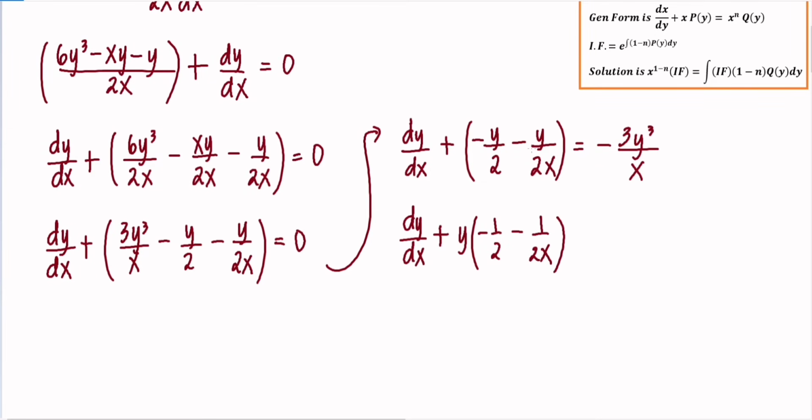Obviously the y in the numerator disappears since we extract it, but the signs remain. So, negative 1/2 minus 1 over 2x equals,